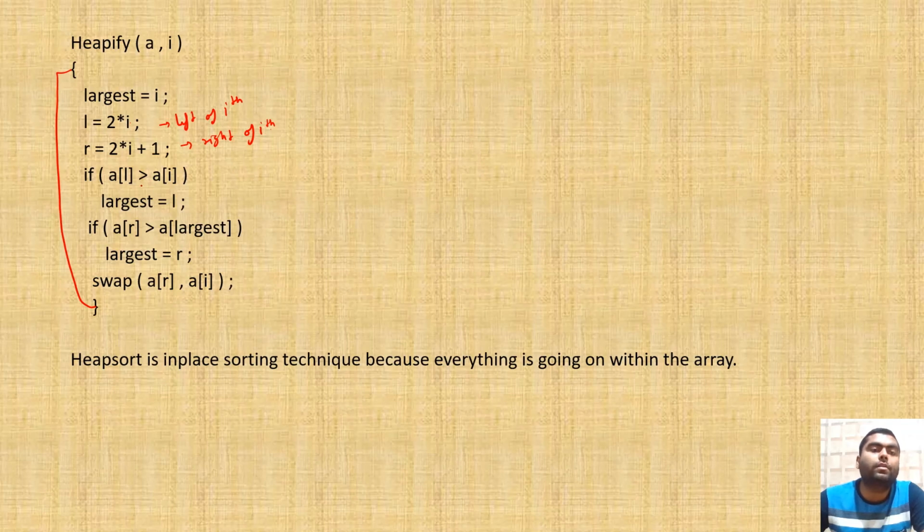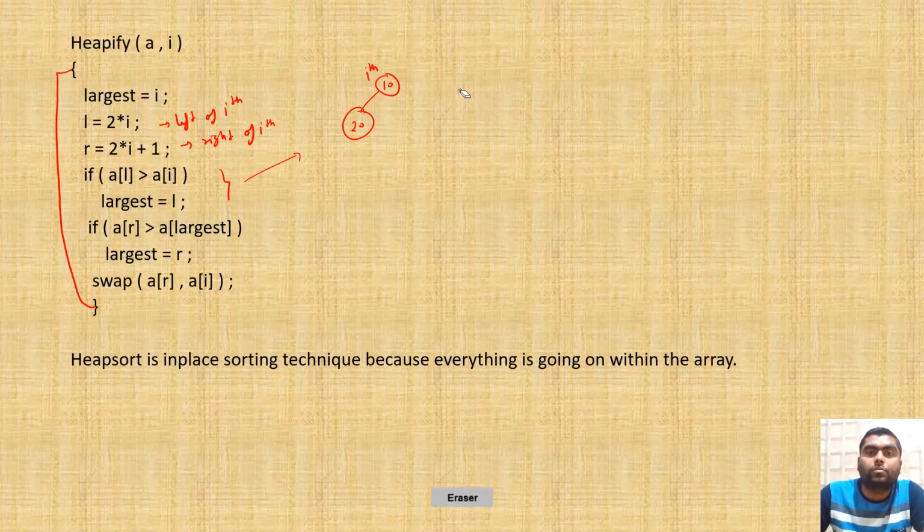if A of L is greater than A of R. So this may be the case that it is 10, it is 20. Okay, so if left is greater than largest, so initially largest is what in our case? We are assuming this is the ith node.